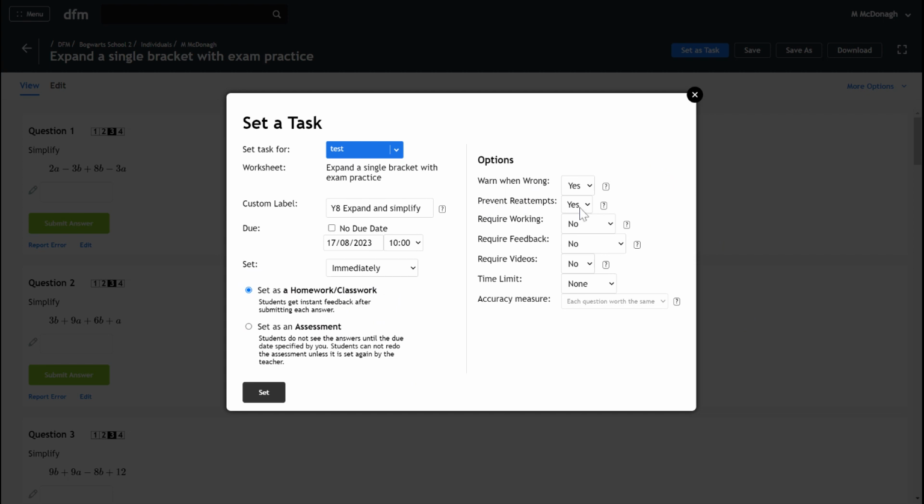Prevent reattempts, yes. So the default is to say that the students only get one go at the homework. You can change this to no, which means that the student can reattempt the homework as many times as they want to. Now, in this case, when it's a fixed worksheet and we've got the students all answering the same set of questions, let's say 20 questions, and if they get 3 questions incorrect, then when they go to reattempt,